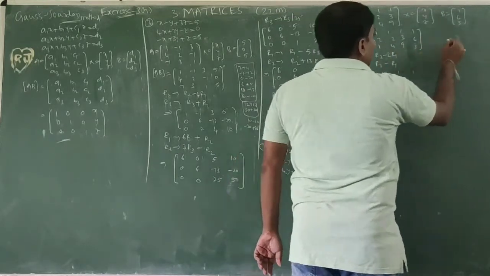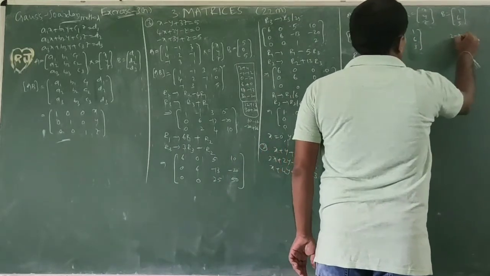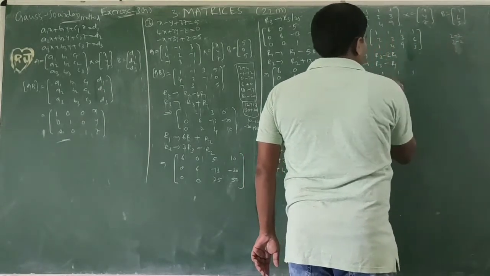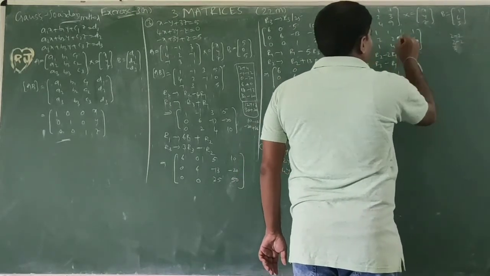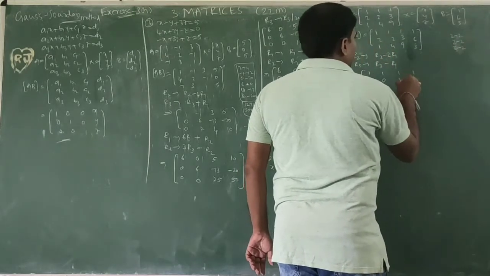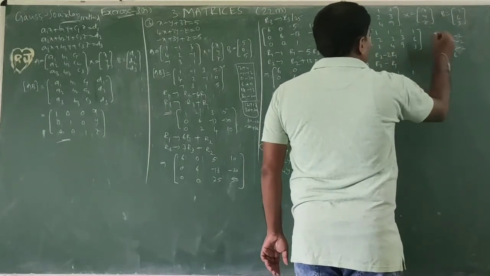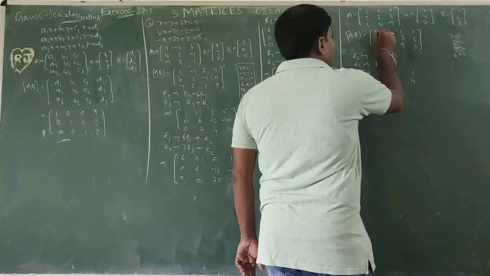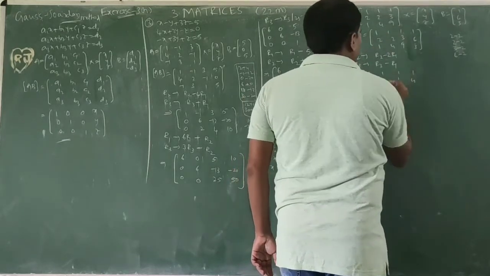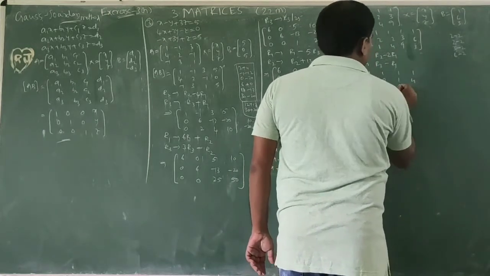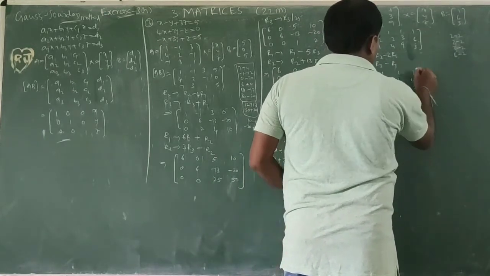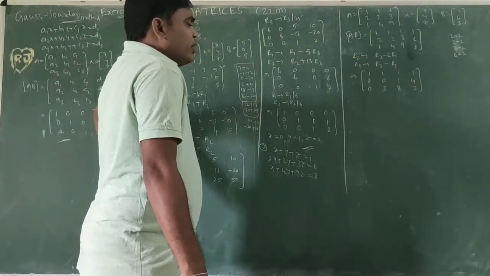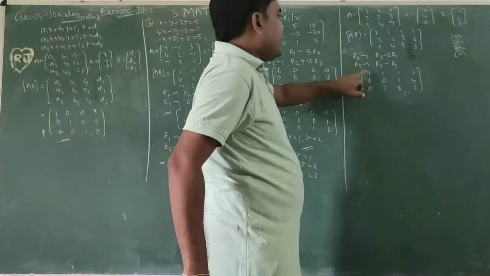So 2 minus 2 into 1 minus 2, minus 2 0; 2 minus 2 into 1 minus 2, 2 minus 2 0; 3 minus 2 into 1 minus 2, 3 minus 2 1; 6 minus 2 into 1 minus 2, 3 6 minus 2 4. Next R3 minus R1: subtract 1 minus 1 0, 4 minus 1 3, 9 minus 1 8, 3 minus 1 2. 0. Okay, so first column except the diagonal element remaining is 0.